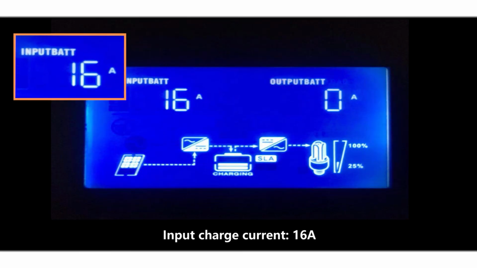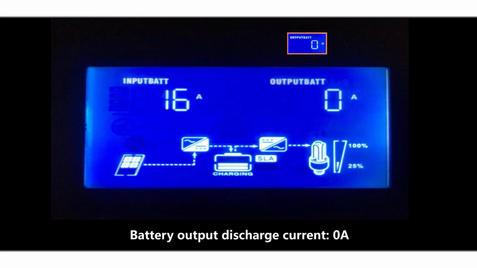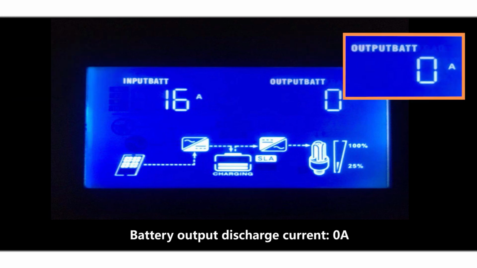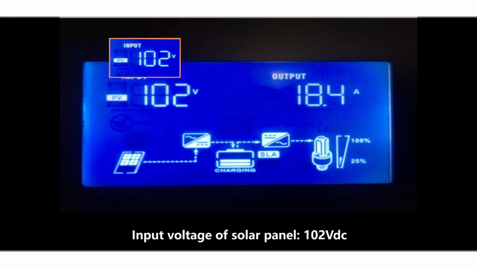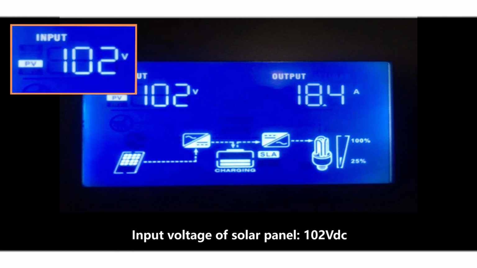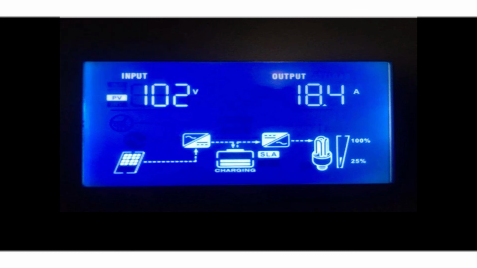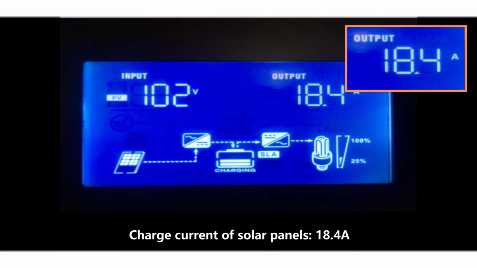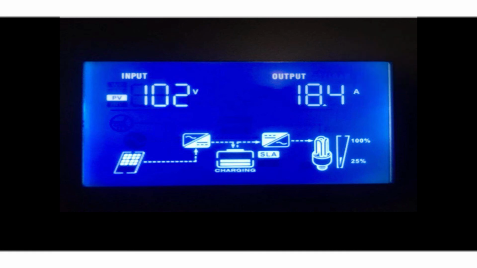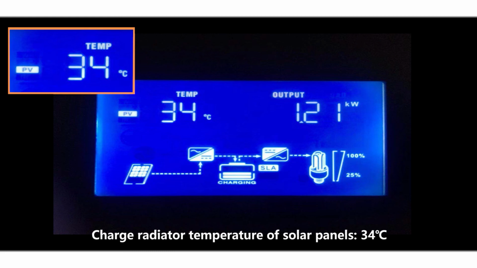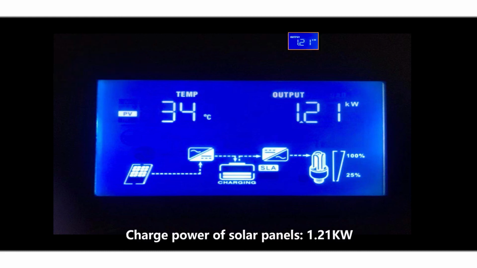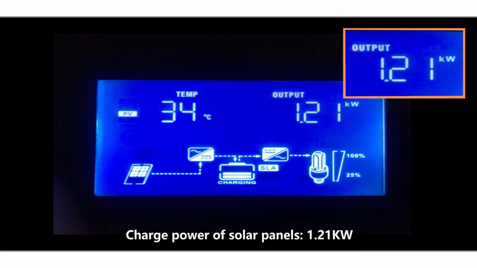Input charge current 16 ampere. Battery output discharge current 0 ampere. Input voltage of solar panel 102 VDC. Charge current of solar panels 18.4 ampere. Charge radiator temperature of solar panels 34 degrees. Charge power of solar panels 1.21